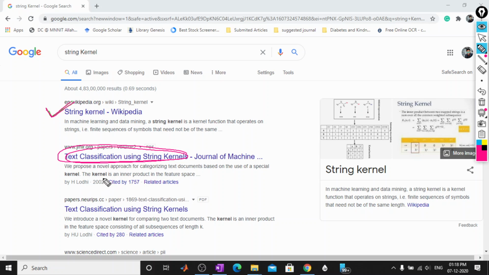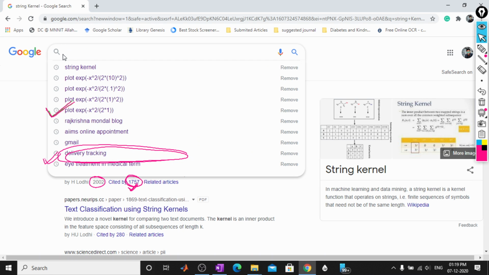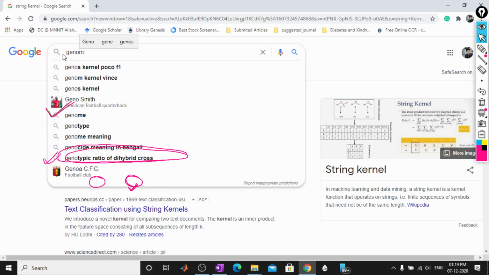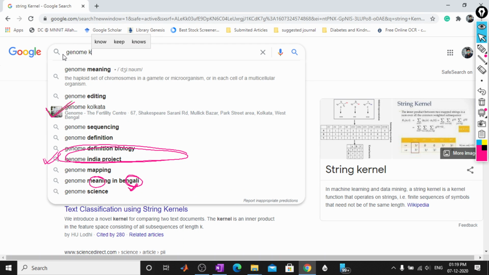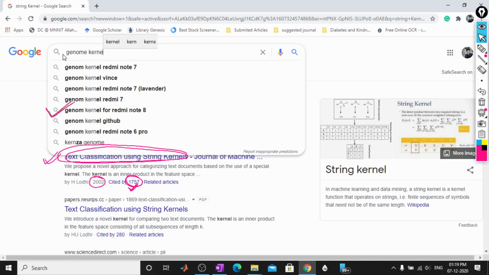It is a 2002 paper, and the citation count of this paper is about 1757. This is not a small number, so this paper is very popular for text classification. Similarly, for gene classification, if you simply search for genome kernels,